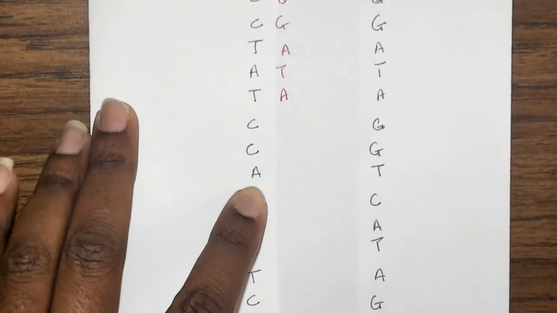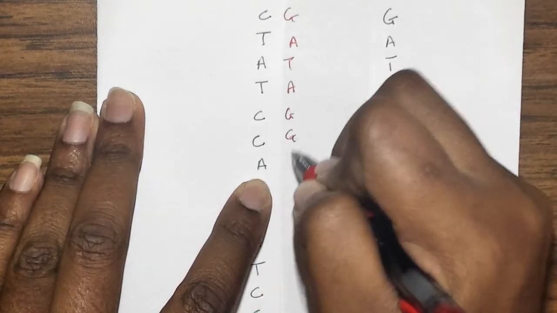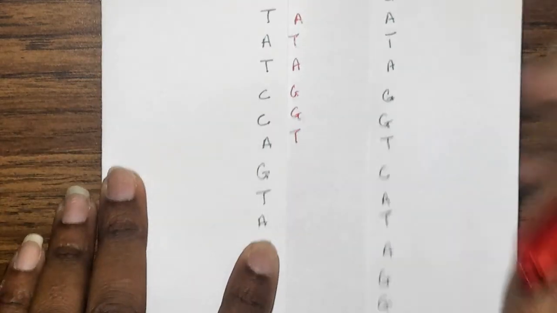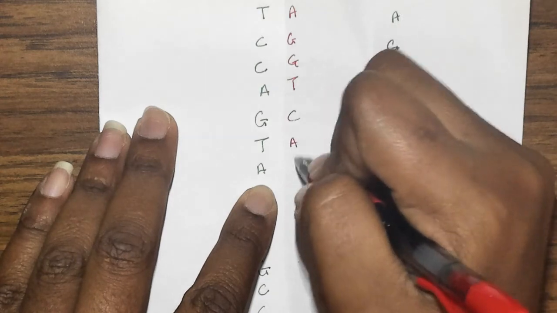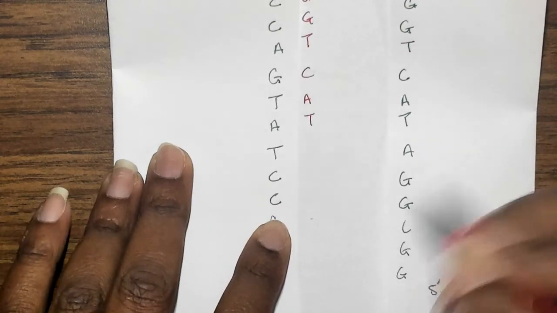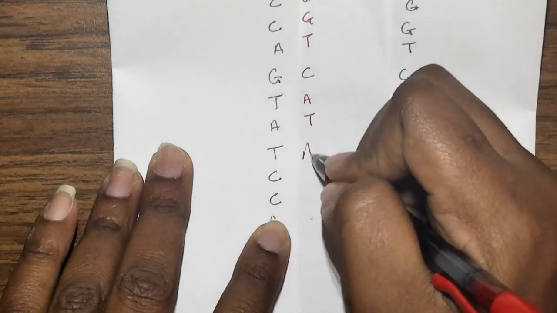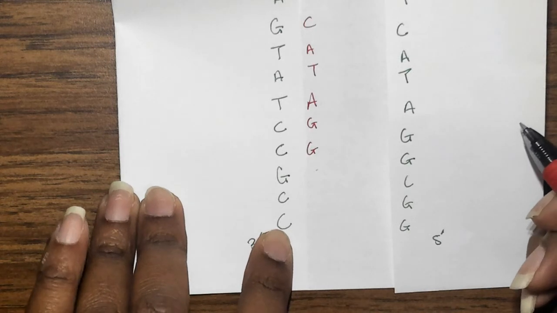For CCA, the complement is GGT. For GTA, the complement is CAT. For TCC, the complement is AGG. And then for GCC, the complement is